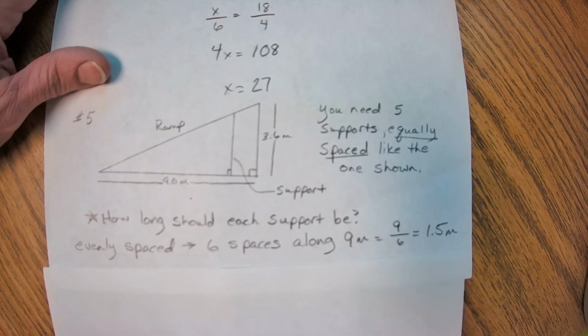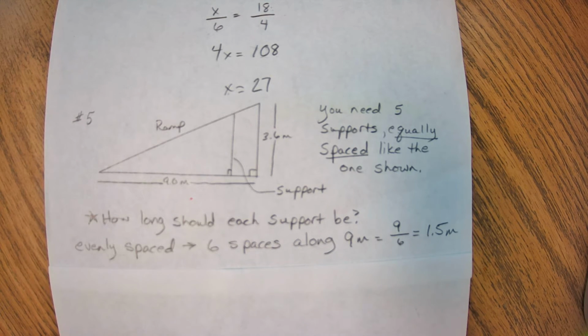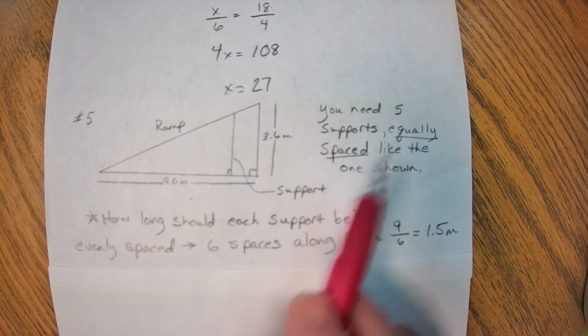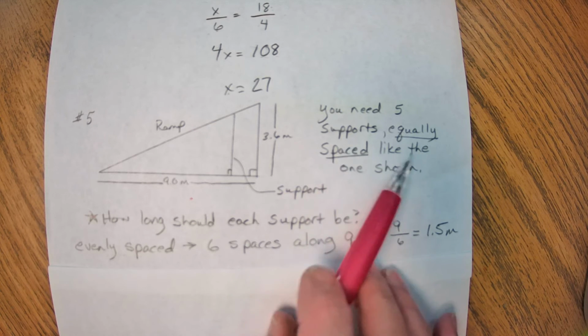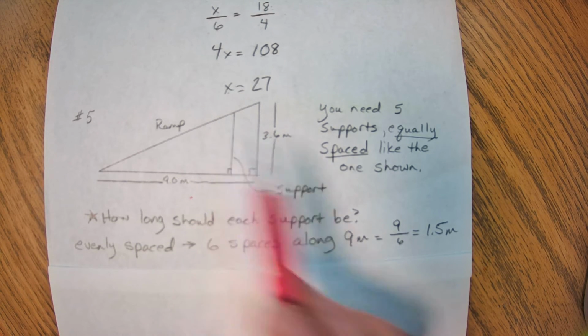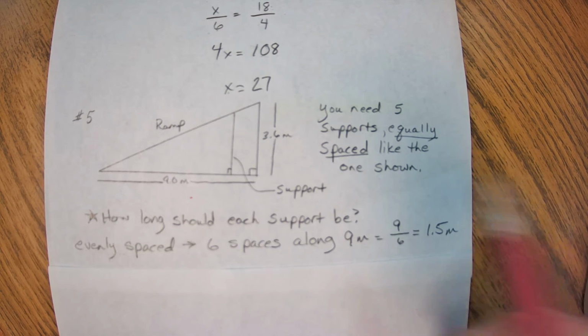And then I'm going to help you set up and start number 5. This one takes a little bit of time. It's not hard, it's just that there are like 4 problems in one here. We have a picture of this ramp, and it says that we need 5 supports equally spaced like the one that's shown. So that means I need